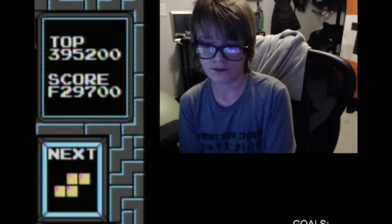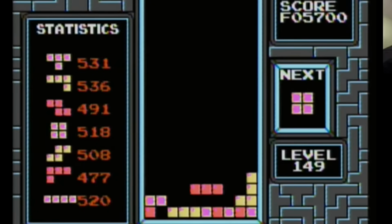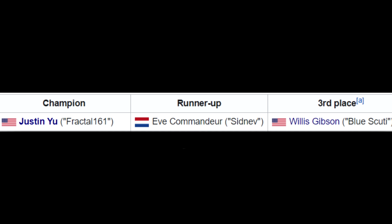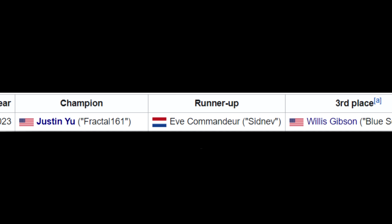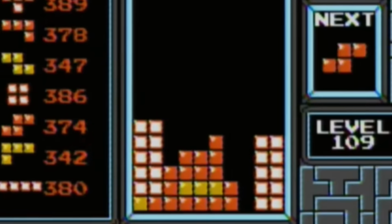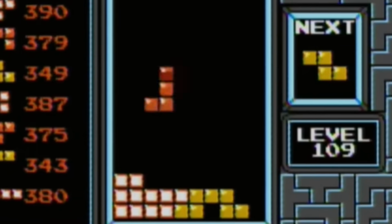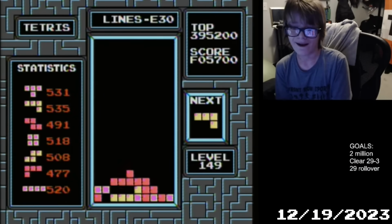This is Blue Scooty, and he had just made it past Charcoal in a live game. Blue Scooty was an elite player, but not considered to be quite on Fractal's level. Just weeks ago, he'd finished 3rd place in the Tetris World Championship that Fractal won. But with his personal best at 5.2 million, the world record was technically within reach, and now he'd just become the first ever player to make